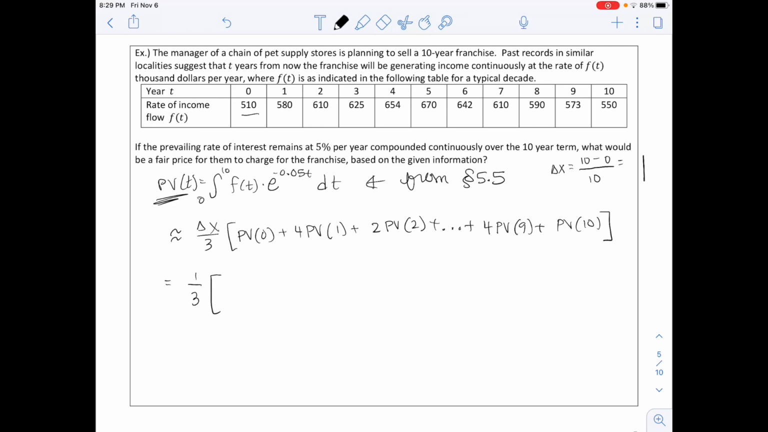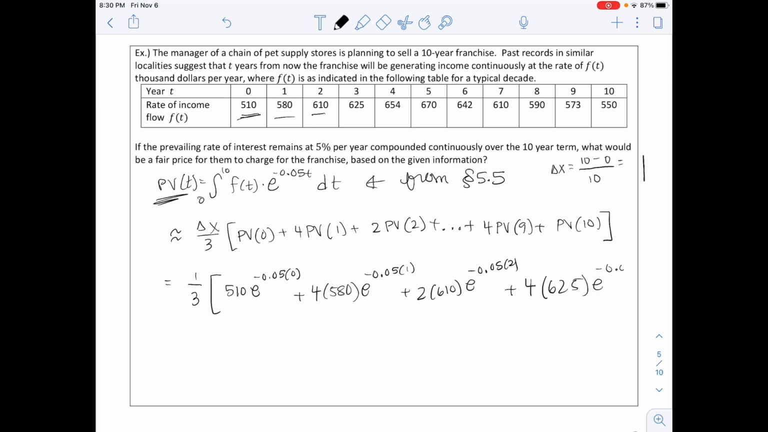So from here, we have delta x, which is already worked out to be 1. So 1 divided by 3 times the present value at time 0, which is f of t, which is 510, times e to the negative 0.05 times 0, plus 4 times the present value of 1, which is going to be f of 1, which is 580, times e to the negative 0.05 times 1, plus 2 times f of 2, which is 610, times e to the negative 0.05 times 2, plus 4 times